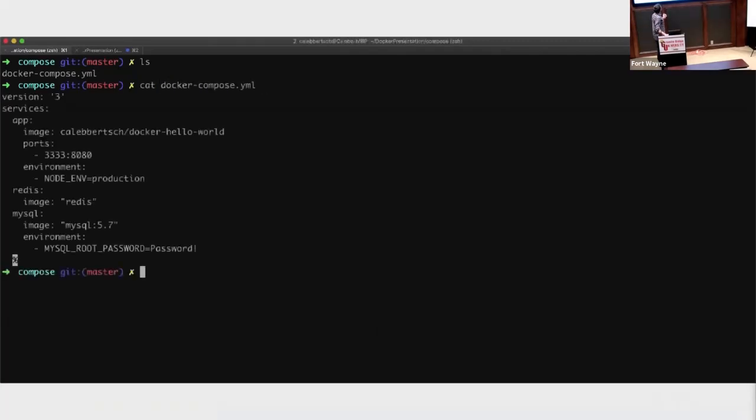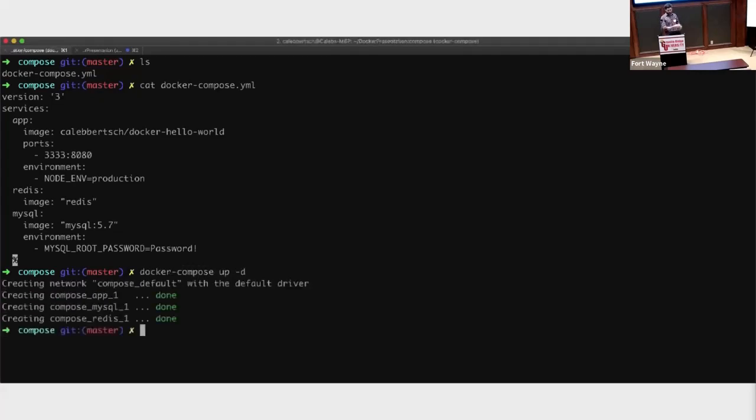If I look at that file, you'll see here it has 3 services defined. My application, which would be my little web app. It has Redis defined and MySQL. Each one of those services is going to spawn a container. And you can do things like pass in environment configuration within those. You can specify what ports are going to be mapped to the local system. All this really does is wrap a bunch of Docker run commands up into a really, really nice, easy to use file. So then, if I were to just say docker compose up,